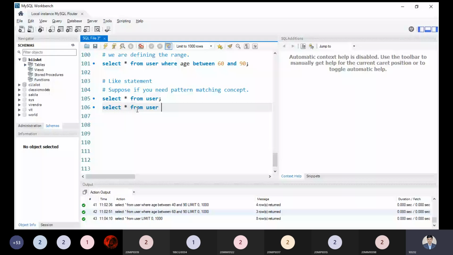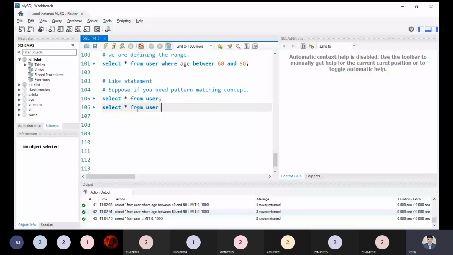So that is a condition we can use. That is a range. So now come to the point about the LIKE statement. The LIKE statement is basically a most important concept. This is not an operator. Please focus on it in your mind. This is an operator. So I need to select all the data from the users where you will be able to see that is a condition we have to keep in mind properly.